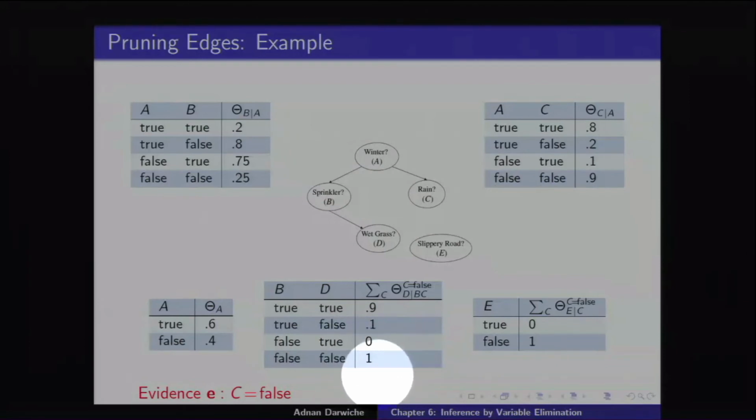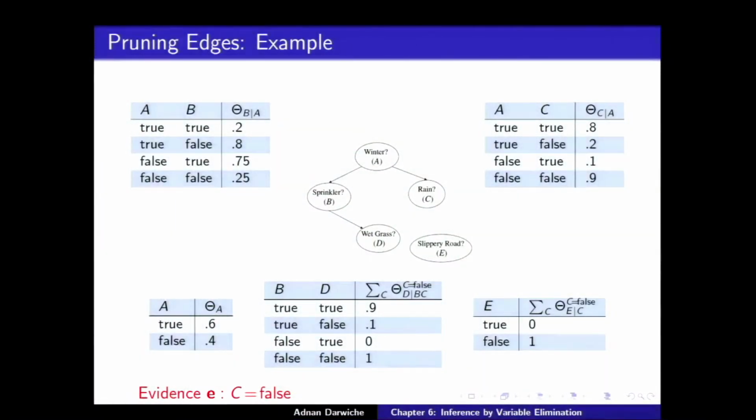And by the way, this business of taking the CPT for D and only selecting those parts of it that correspond to C being false, if you want to do it nicely, here's the notation using our operations. You take the original CPT, reduce it with respect to C false, and sum out C. You get this one. So if you want to describe it algebraically, not as an operation,